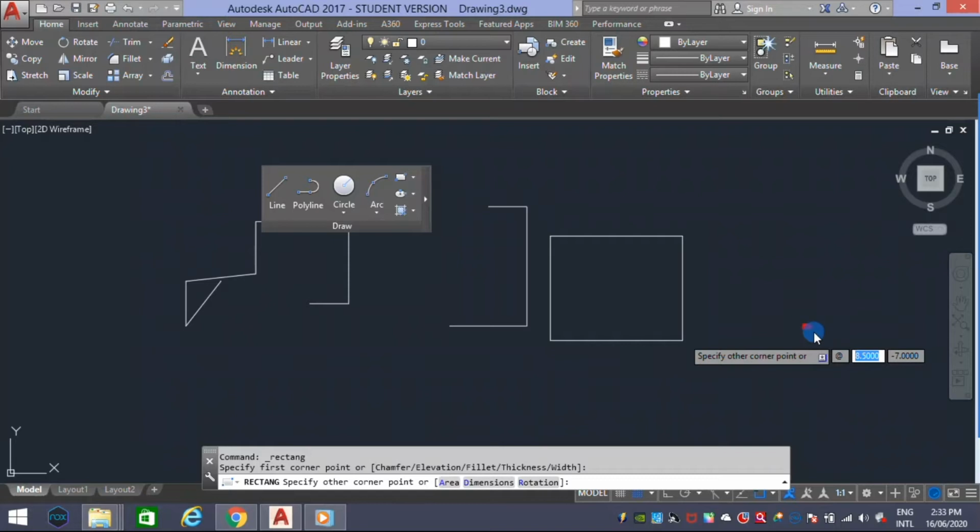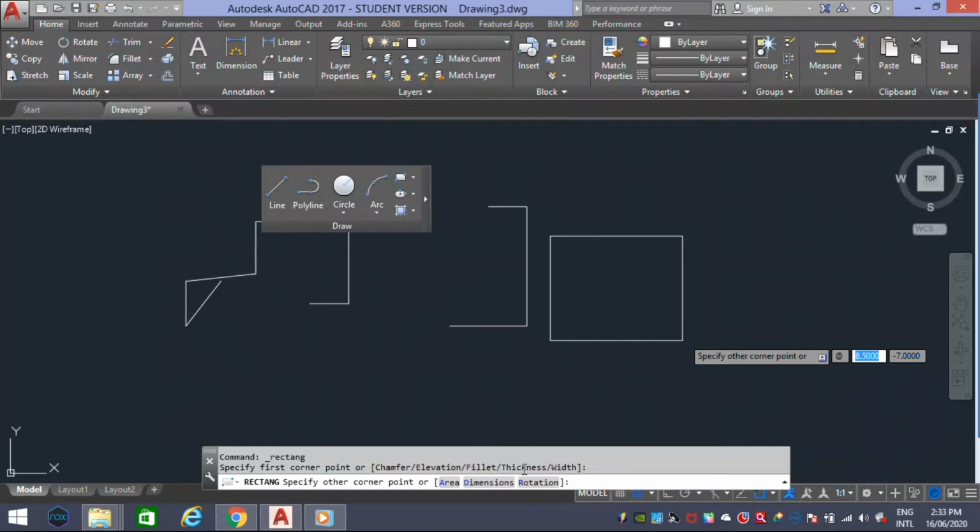Here we can directly use rectangle by using this at the rate axis. And here we have sub-options like chamfer, elevation, fillet, thickness and width. Chamfer is cutting edges at the corner, elevation for 3D, fillet is rounded edges at the corner, and thickness is for 3D.